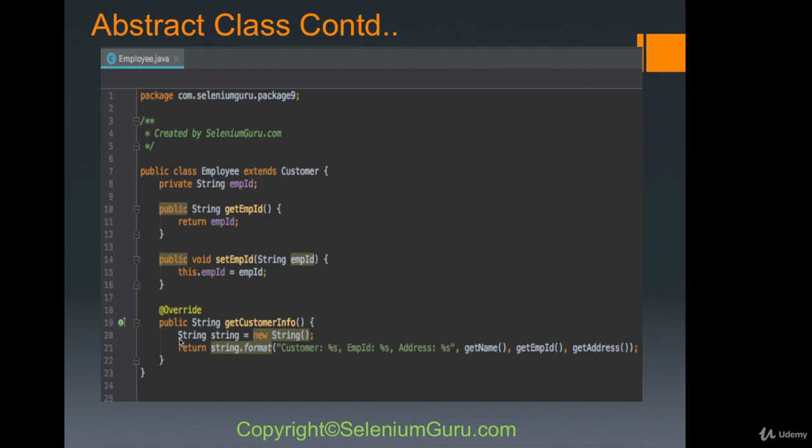The other thing that's very cool about it is, see, this string is also a Java class, right? So basically I'm creating the object from this string class. You do not have to do that. You can just do string.format, but I was just trying to show you here. You could also create an object from this Java class. So I have string, new string, string.format, and do string interpolation here. It's customer with this employee ID and address. So get name, get employee ID, and get address, right? So get employee ID is actually from the employee, get address and get name is actually from the customer,